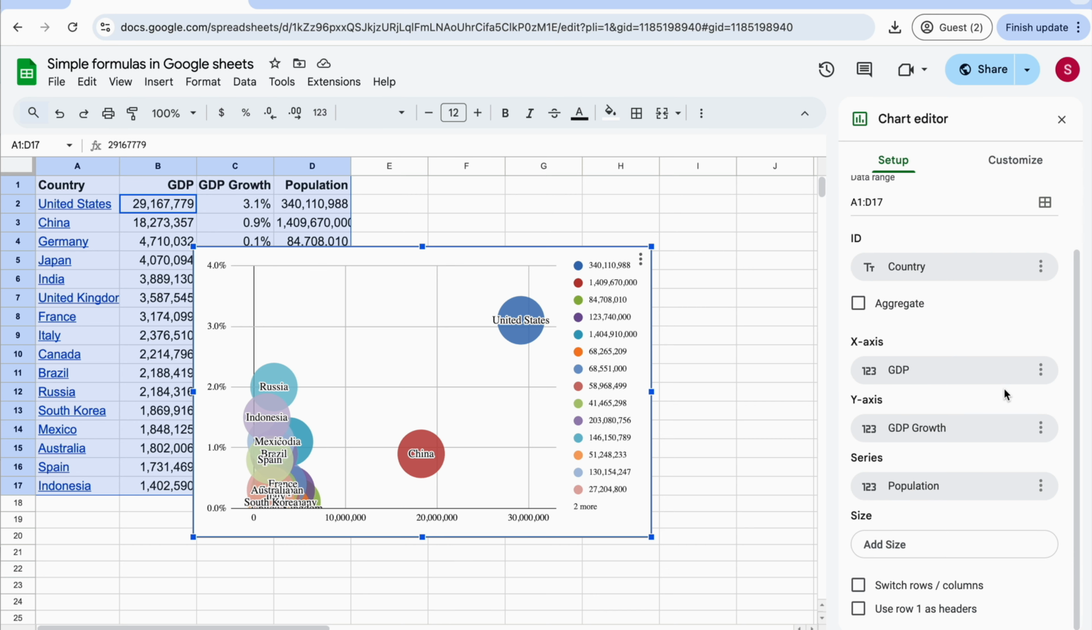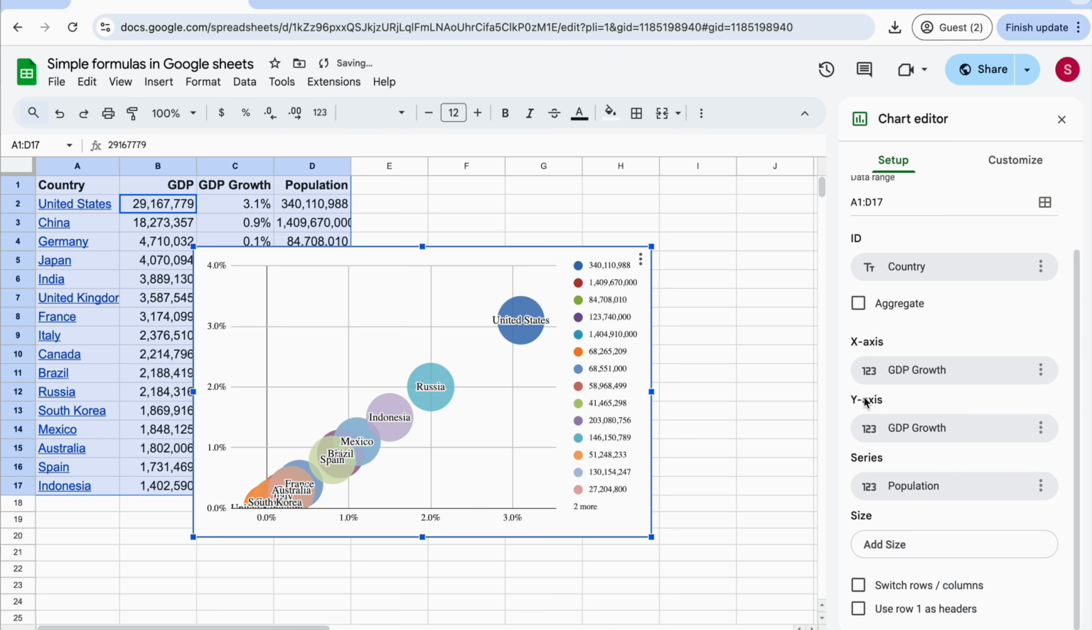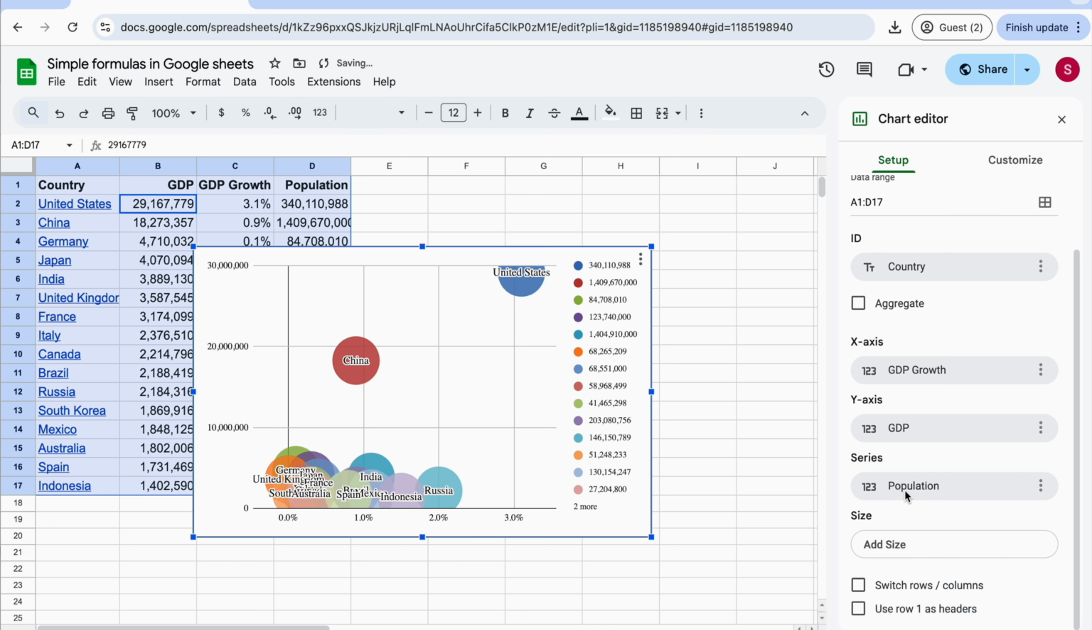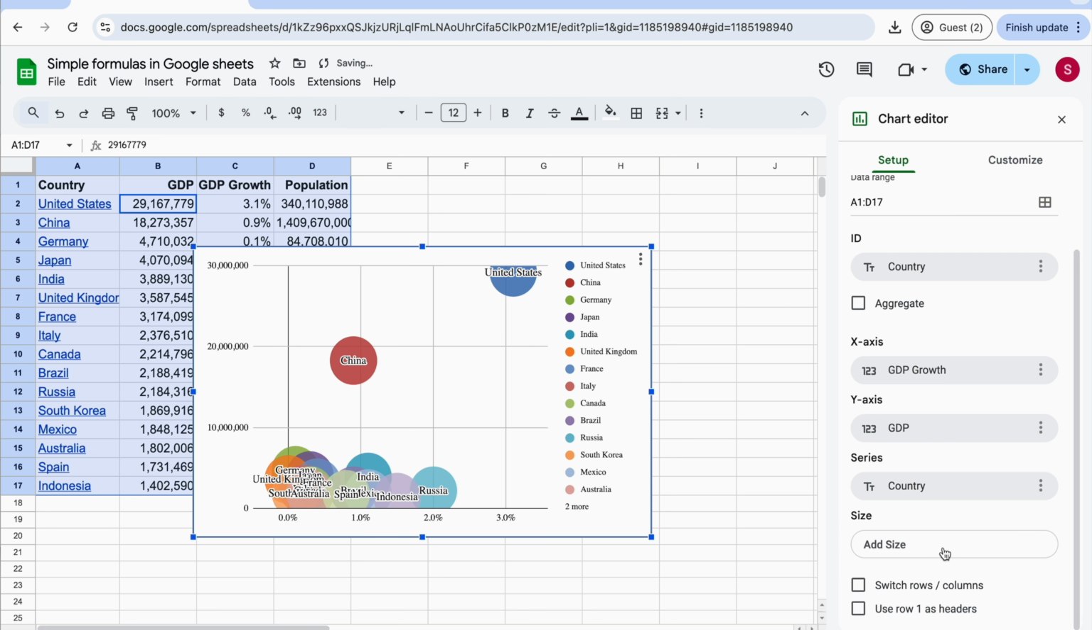So let's stay in the editor. First thing, I want to decide what I want in the x-axis. And in the x-axis, I actually want to see growth. So let's change this to growth. On the y-axis, I want the GDP. And here, the series is just what you're seeing on the legend. So, sorry, on the series, I actually want to see the country. And the size is going to be population,